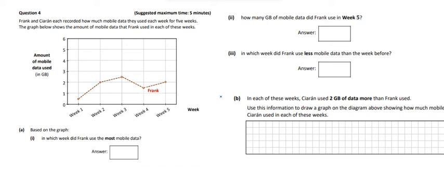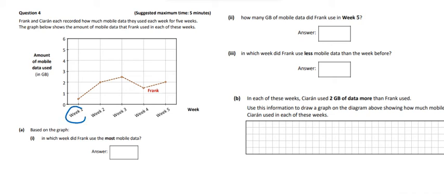Hi folks. So for question 4, there's a graph here that we need to try and interpret. So Frank and Kieran each recorded how much mobile data they used each week for 5 weeks. The graph below shows the amount of mobile data that Frank used in each of these weeks. So if you just have a look at the graph first of all, without looking at the questions even, you